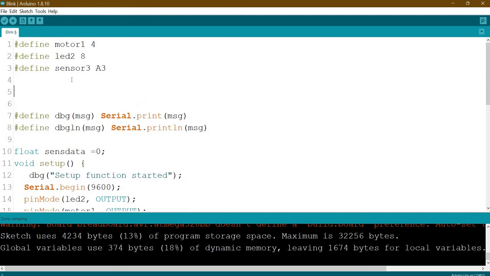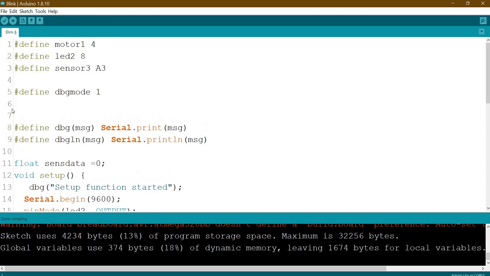The condition will be related to a variable. We define again, #define DEBUG_MODE. So according to the value held in the debug mode, we can say whether it's for debug mode or the run mode. So if debug mode,